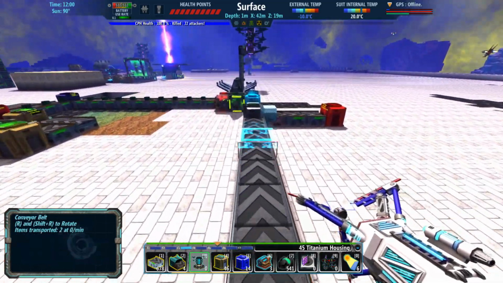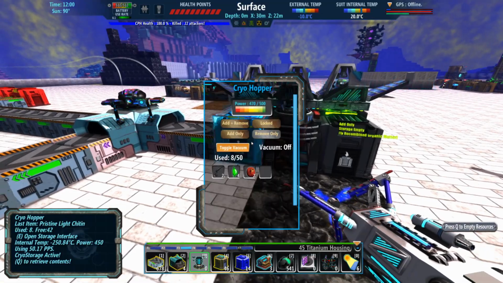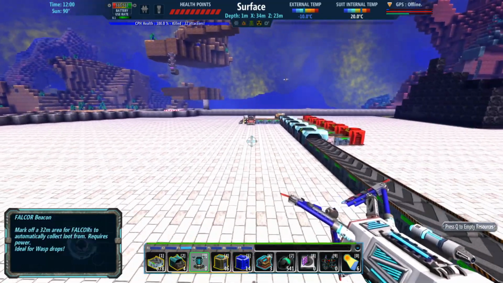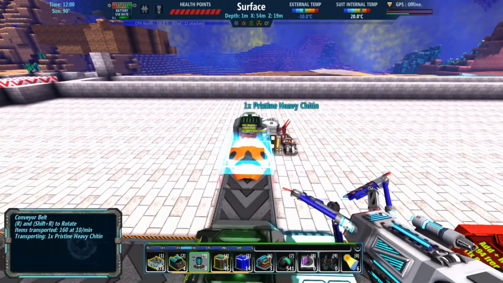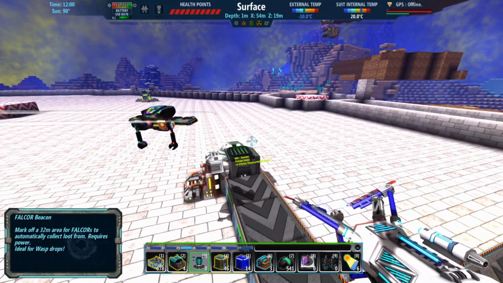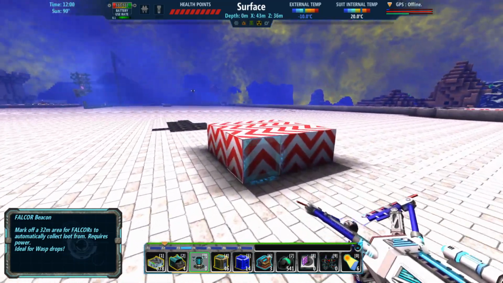Now it's just a matter of do the ruined parts make it? Because now this means free recombined organic matter. Nice. I'm so happy that we did this. I was a little apprehensive because I'd never worked with FALCORs before, but it seems pretty easy, and I know 100%